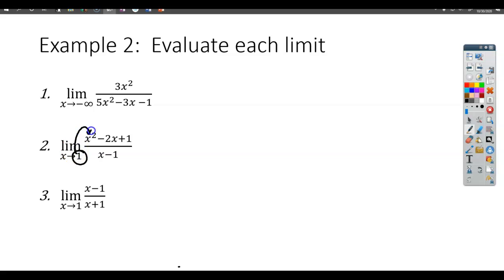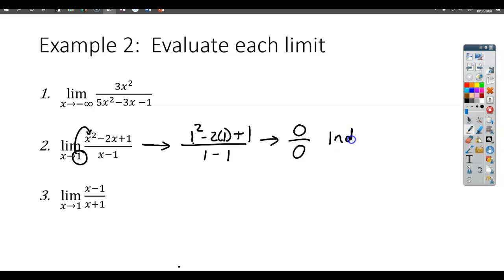So if I plug in 1, I'm going to get 1 squared minus 2 times 1 plus 1 over 1 minus 1. Now that's going to give me 1 minus 2 is negative 1 plus 1 is 0. And I just put an equal sign again, darn it. Gotta be careful with that. And I've got an indeterminate form, and that's a L'Hopital indeterminate form. So therefore, that's the symbol for therefore, by the way, by L'Hopital's rule,